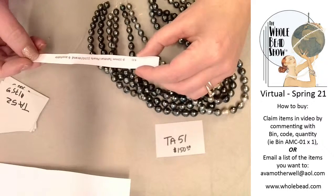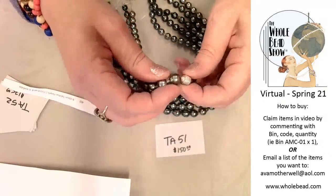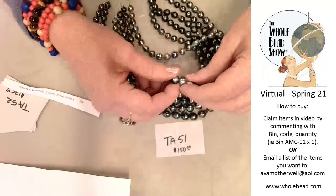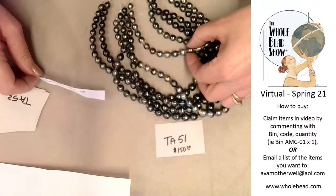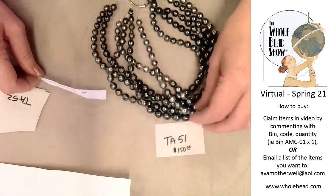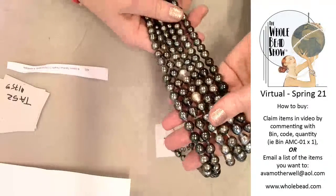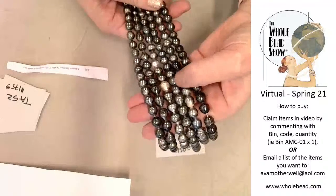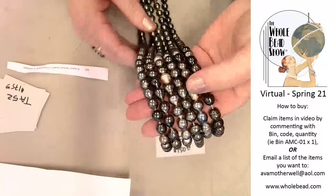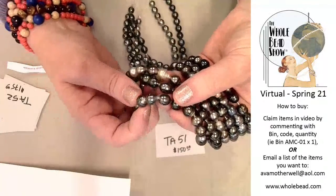These are Tahitian pearls that he has drilled. No, he hasn't drilled. Let's see. Okay, so I believe what he's trying to tell me is that he can drill these. So these can be drilled if you want these with the large hole. Otherwise, they have the normal